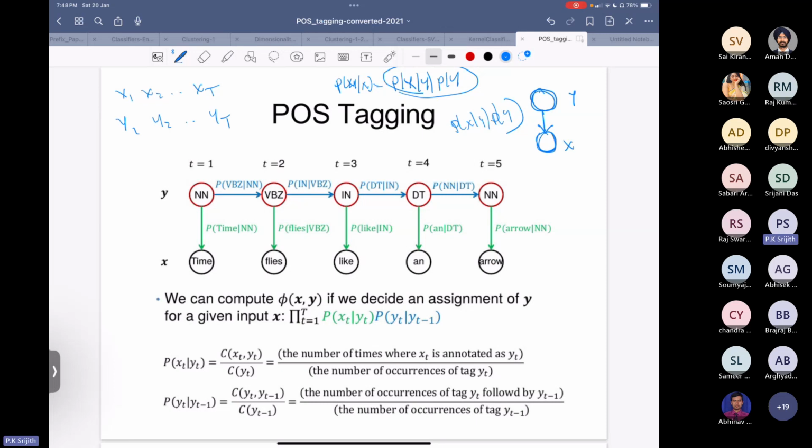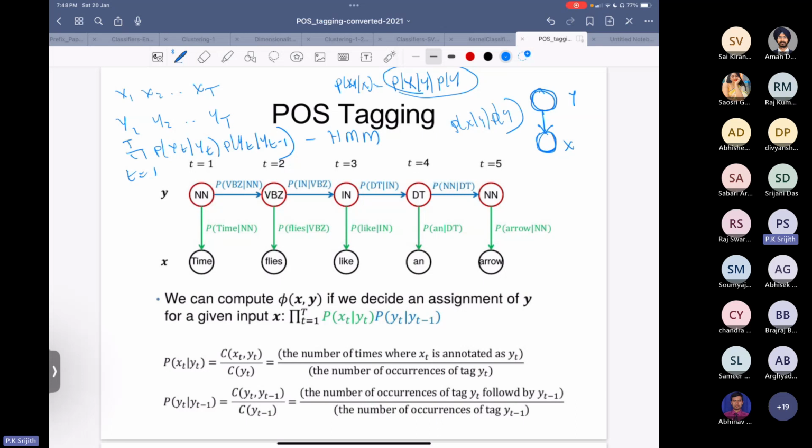We are trying to define a model over this sequence of inputs x1 to xT and sequence of outputs y1 to yT, and we have defined our model as the product t equal to 1 to T of p of xt given yt into p of yt given yt minus 1. If you try to go for a graphical model representation of this model, which is basically a hidden Markov model,